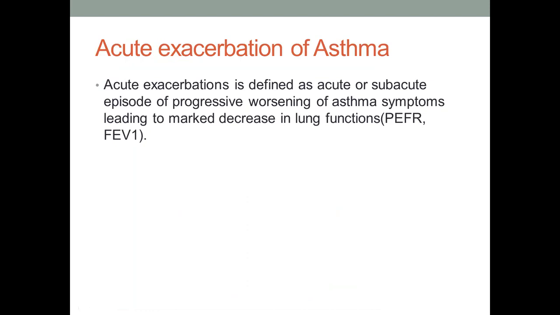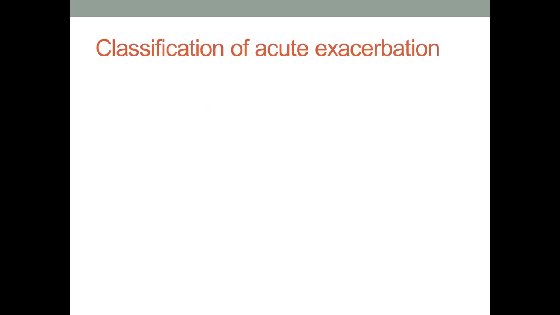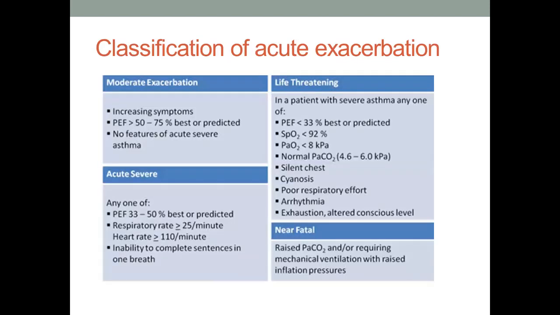One is acute exacerbation of asthma, and the other is chronic asthma treatment. So now we will discuss acute exacerbation, which is defined as an acute or subacute episode of progressive worsening of asthma symptoms leading to marked decrease in lung function. Now we will discuss the classification of acute exacerbation,